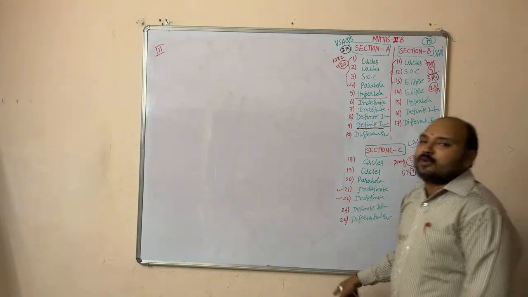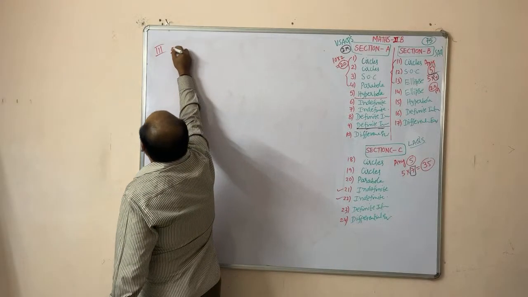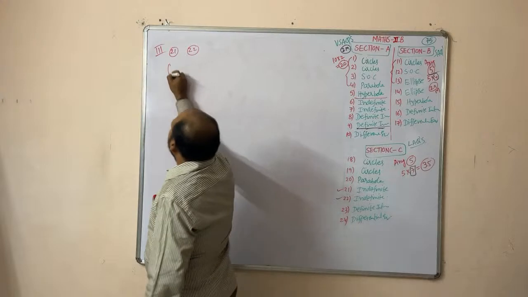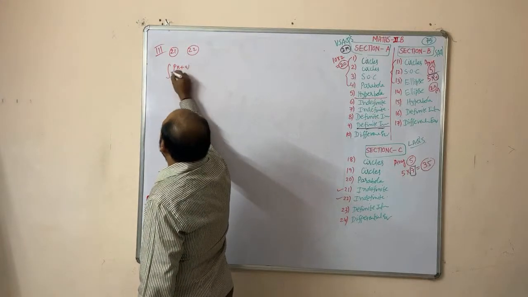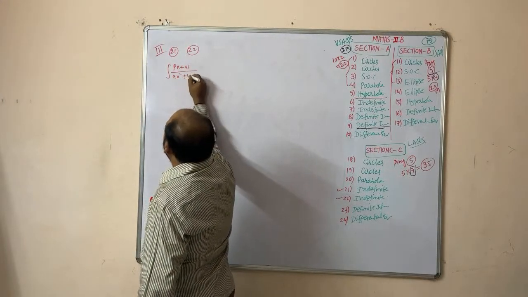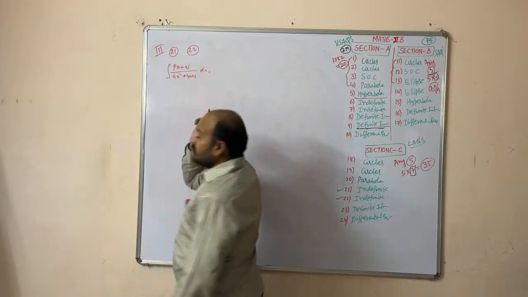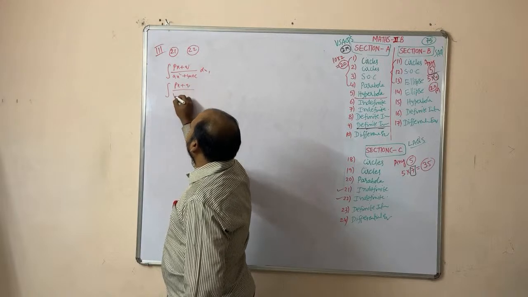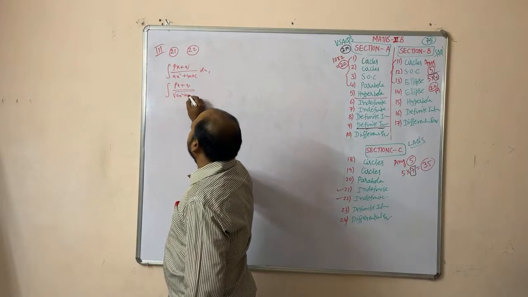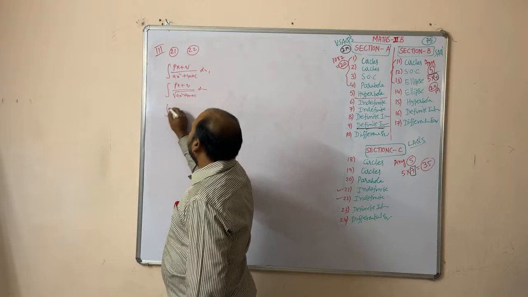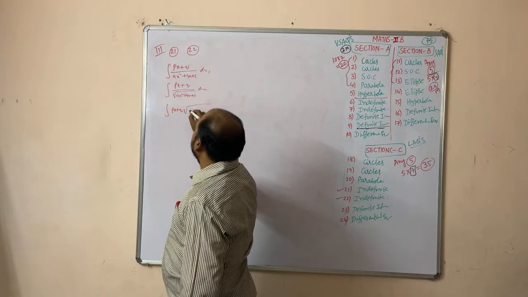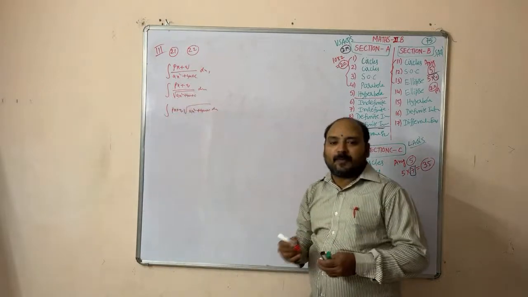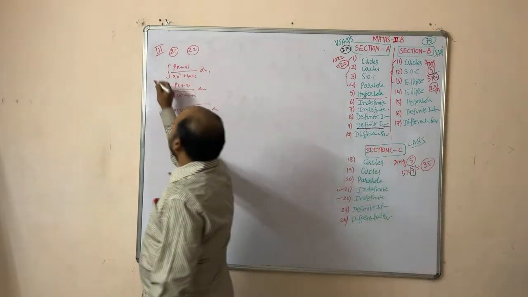Now questions number 21 and 22, the types of questions. Integral of (px plus q) divided by (ax square plus bx plus c) dx. Next, integral of (px plus q) divided by root of (ax square plus bx plus c). Integral of (px plus q) into root of (ax square plus bx plus c). That is the first preference. Second preference,